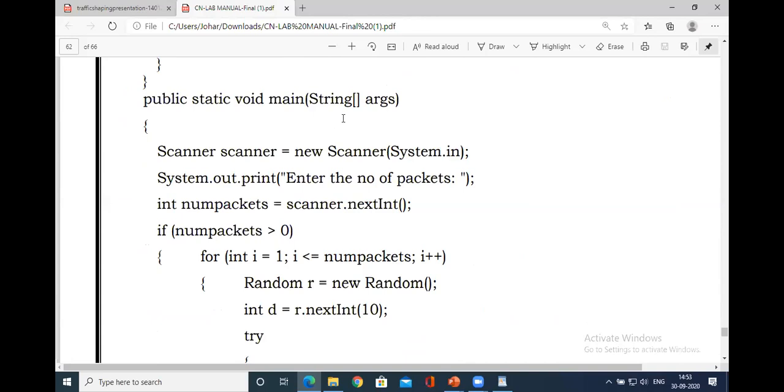Defined with the arguments, public static void main, initialize the arguments. Initialize the scanner, new Scanner(System.in).